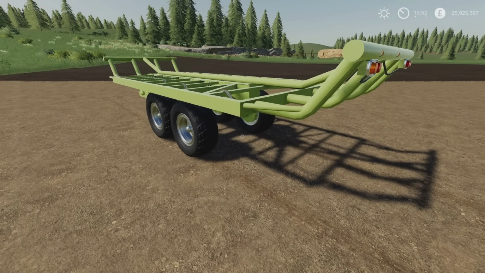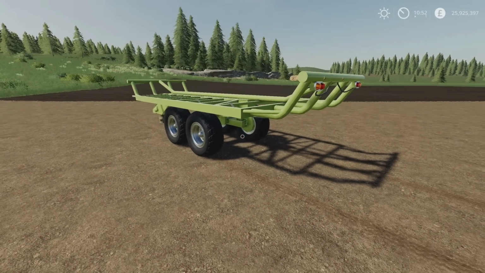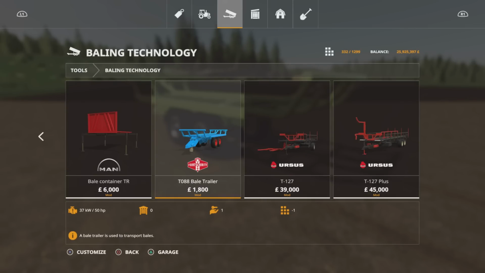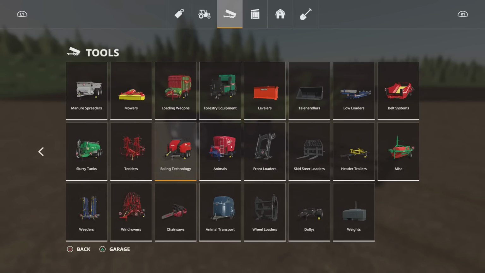Honestly, it says it's new. I don't know. I don't know anymore. This you'll also find under baling technology. There you go. 1,800 to buy. 50 horsepower required. Yeah, because I'm sure people will comment to say whether it has been in or not before. The problem is, if you get a new one that overwrites or replaces the original one, you can't tell. I certainly couldn't find another one of these, but...